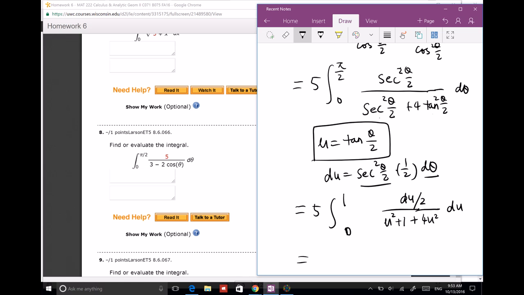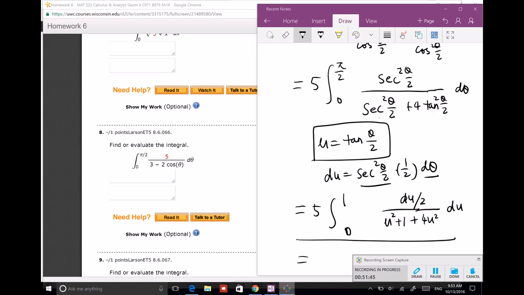So you continue from here. Then this is much simpler. You have 1 plus 5u squared. You can use arctangent again. So this is how you do number 8. Just a little bit of help. All right, I'll see you tomorrow, and bring